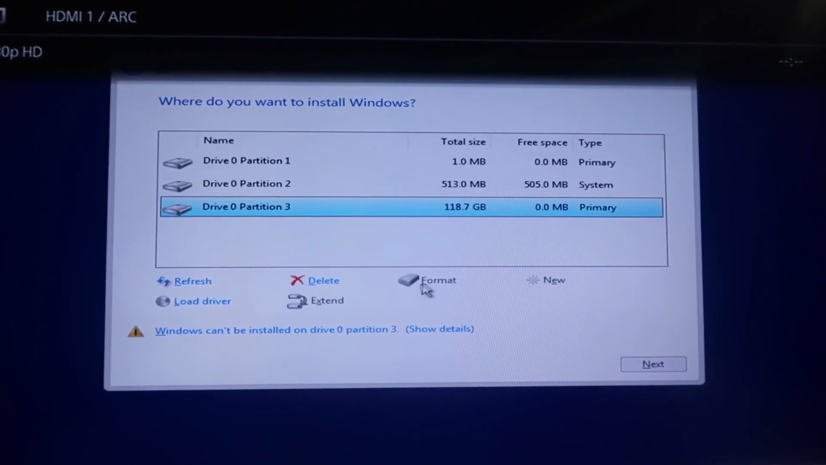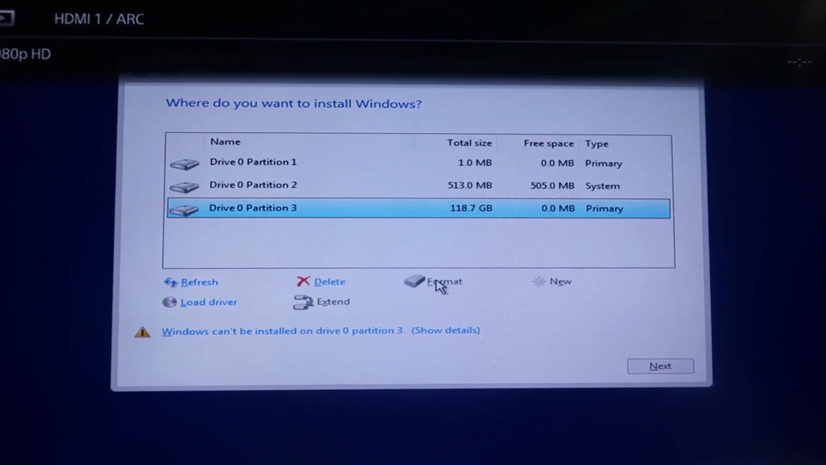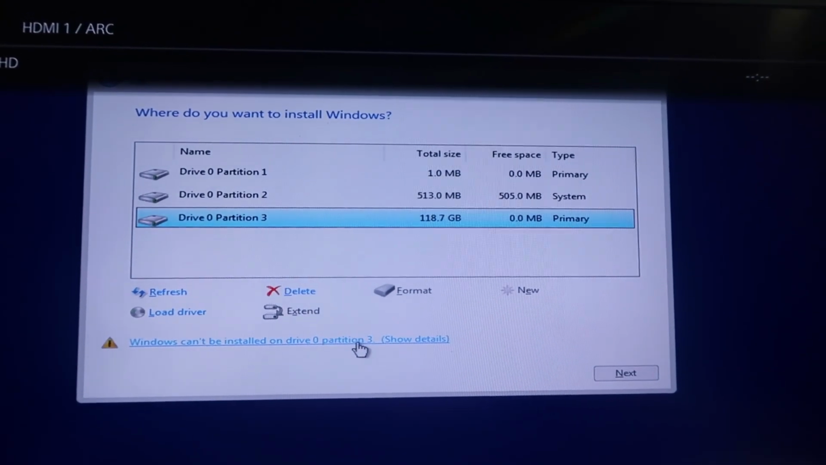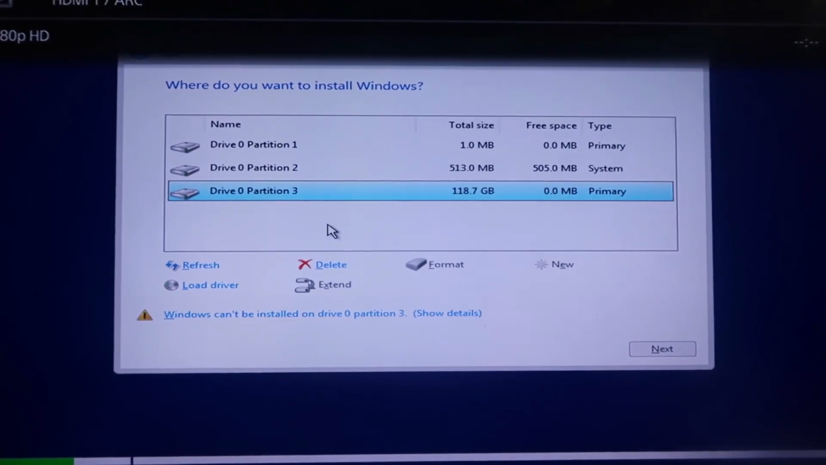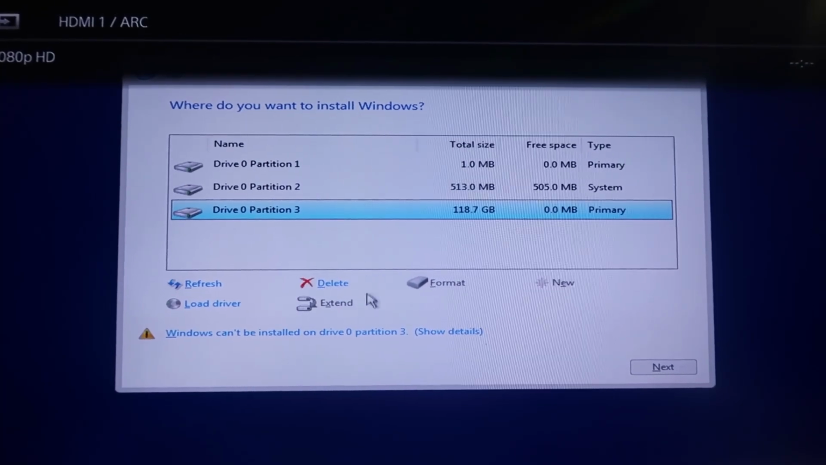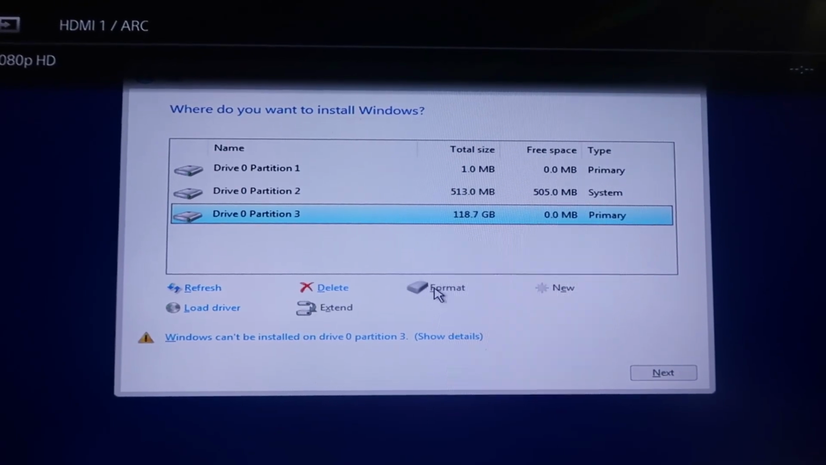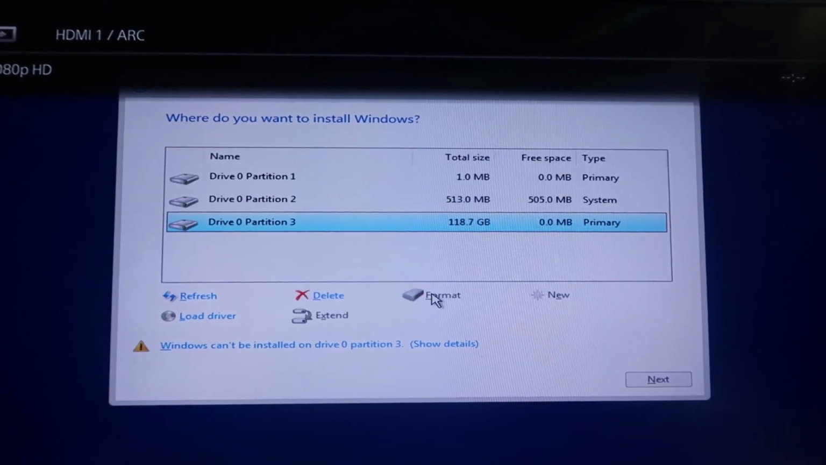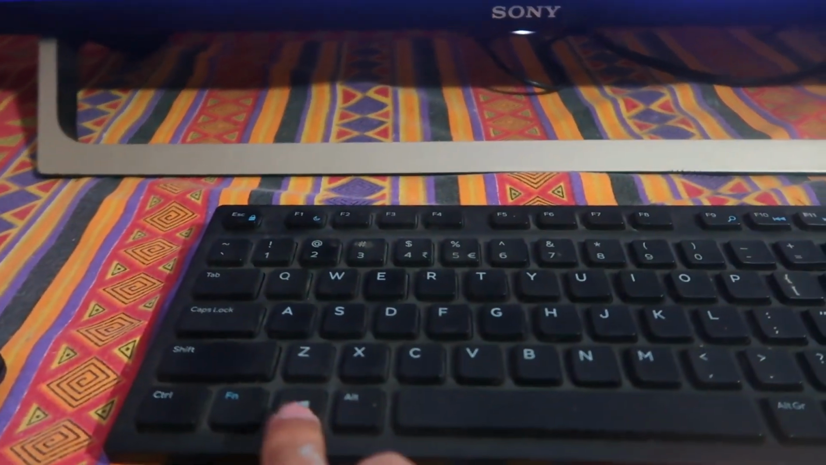After that, we have to format our drive. As you can see, I cannot format. Here you can see the message: Windows can't be installed on drive 0 partition 3. This was the error I was discussing earlier, that you may or may not face. If you are not facing this problem and you get the format option, just click on it and you are all done. If you are seeing this error as I am, all you need to do is press